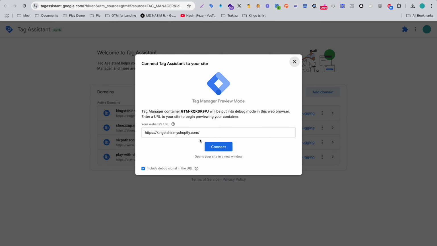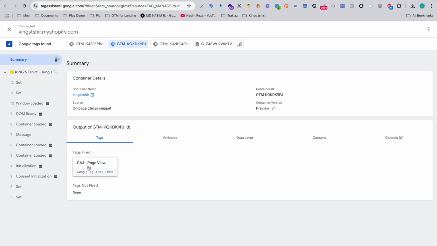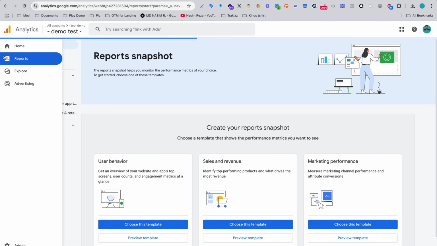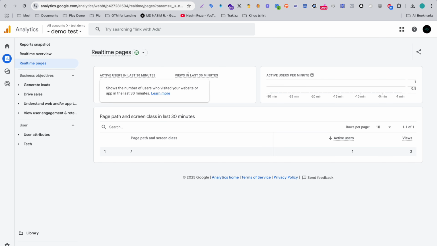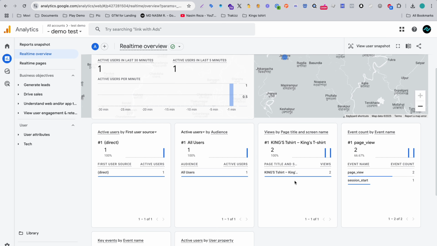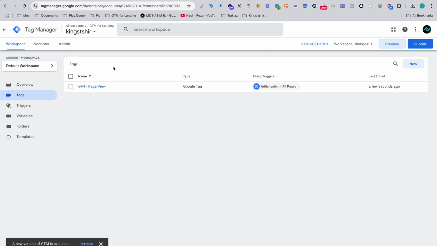It's time to go to preview and open our website in the preview mode, and where you will see, yes, this website's page view event is fired. And if we go to the report section and real-time pages, yes, this is one view on our website. Yes, you can see this website is sending a page view event for this tag. So that means we have successfully connected Google Analytics to our website and are sending the page view event from Google